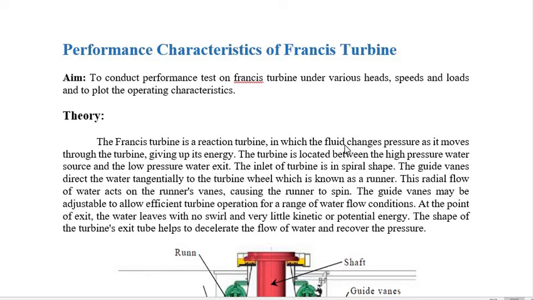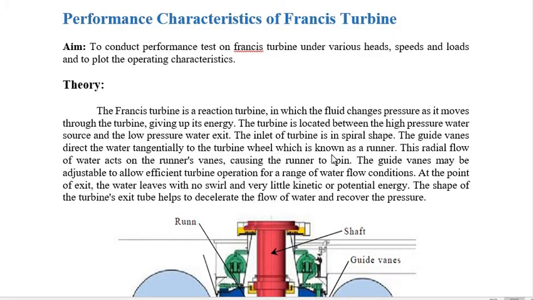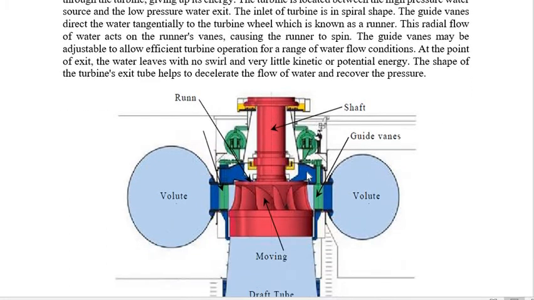impulse turbine. Impulse turbine means that whatever energy is available at the inlet of the turbine is kinetic energy, whereas in a reaction turbine, the energy available at the inlet of the turbine is both kinetic energy as well as pressure energy. So the flow is carrying both pressure energy and kinetic energy, and that is going to be converted into mechanical energy through this turbine